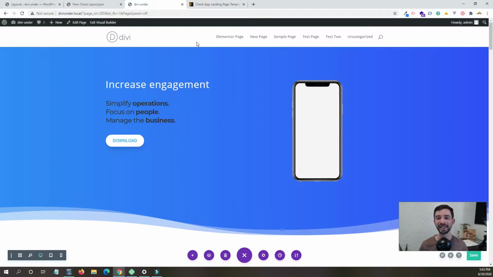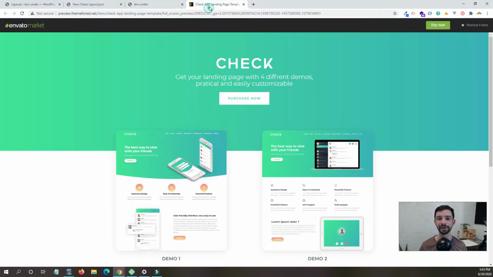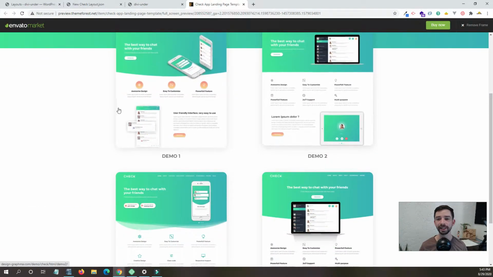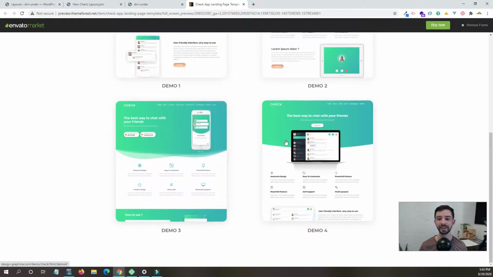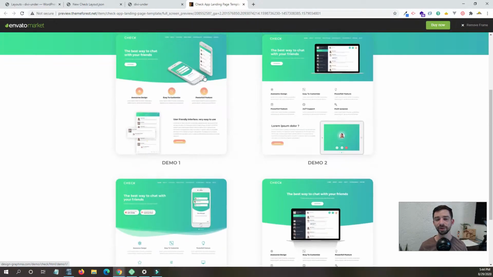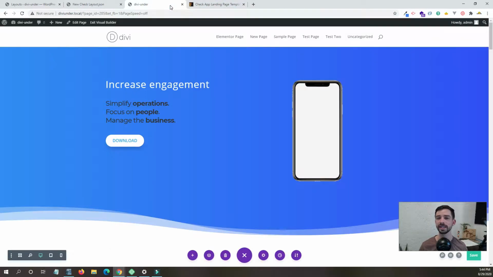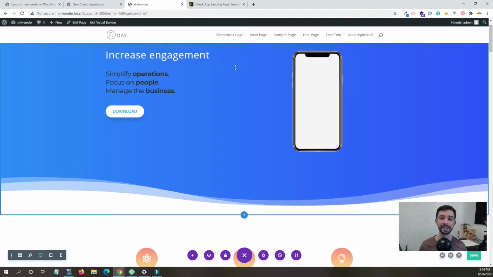So in front of me I have a landing page that I built for a client recently with Divi, and after going back and forth with ideas for the design for a while, he said, you know what, I really like these templates, let's build these. But these templates were an outdated version of Bootstrap, so I decided to use Divi for its flexibility, and really they were very similar on desktop,